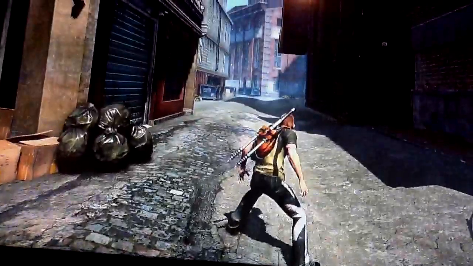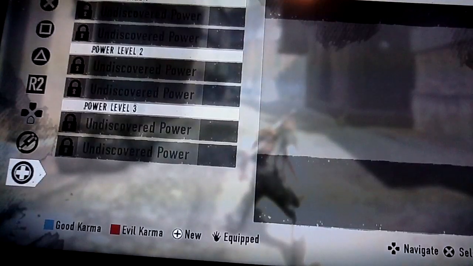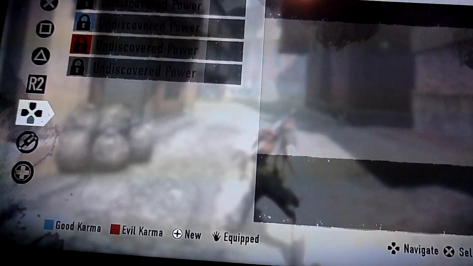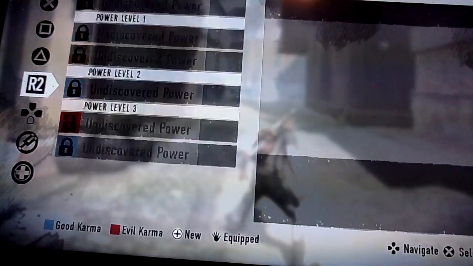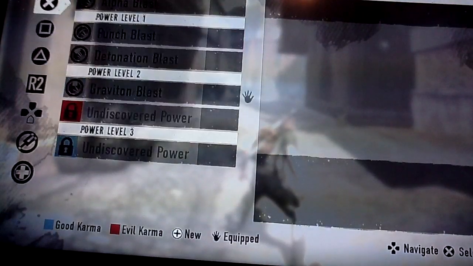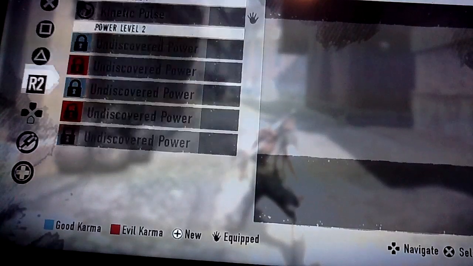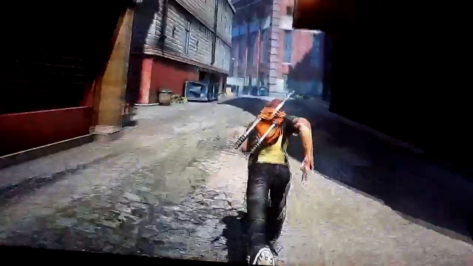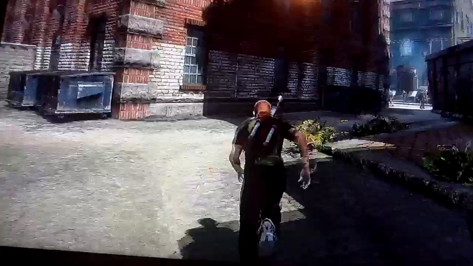So I believe that is just about all the moves that you can do that I can think of. But again, there are just a ton that are locked that I cannot do. So there's 4 right here, there's another 5, so that's 9, we got another 6, so we got 15, 16, 17, 18, 19, 20, 21, so there are, wow, that is unbelievable. There are 23 moves that are under R1, X, square, triangle, and R2 that are locked for the beta. So that is just a lot more moves that you can do when the final game comes out on June